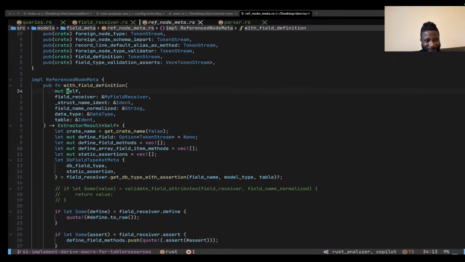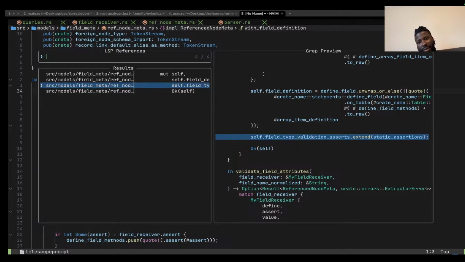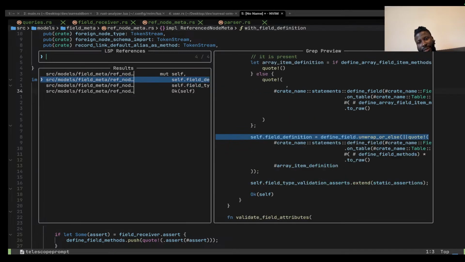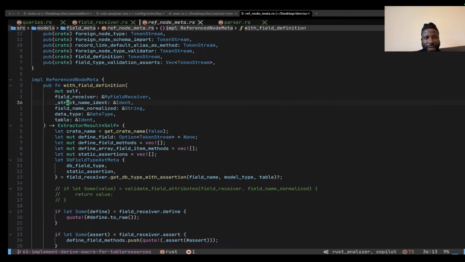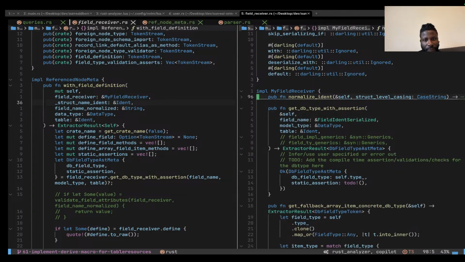So taking self. I wonder why we're using that. Okay. We're setting the field definition. We're setting the type assertion, static assertion. Okay. I think to simplify that, we could take that on the field receiver. So what I'm gonna do basically is